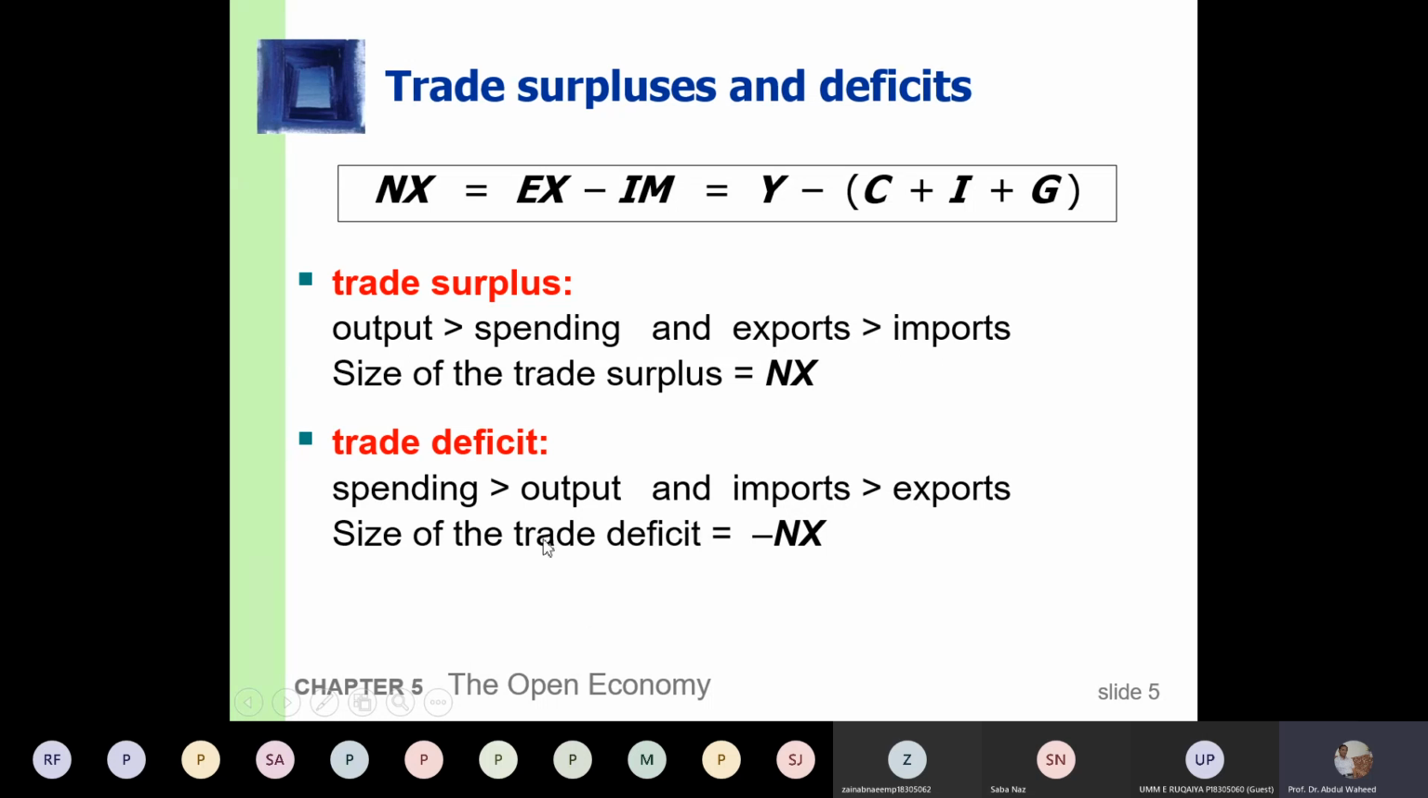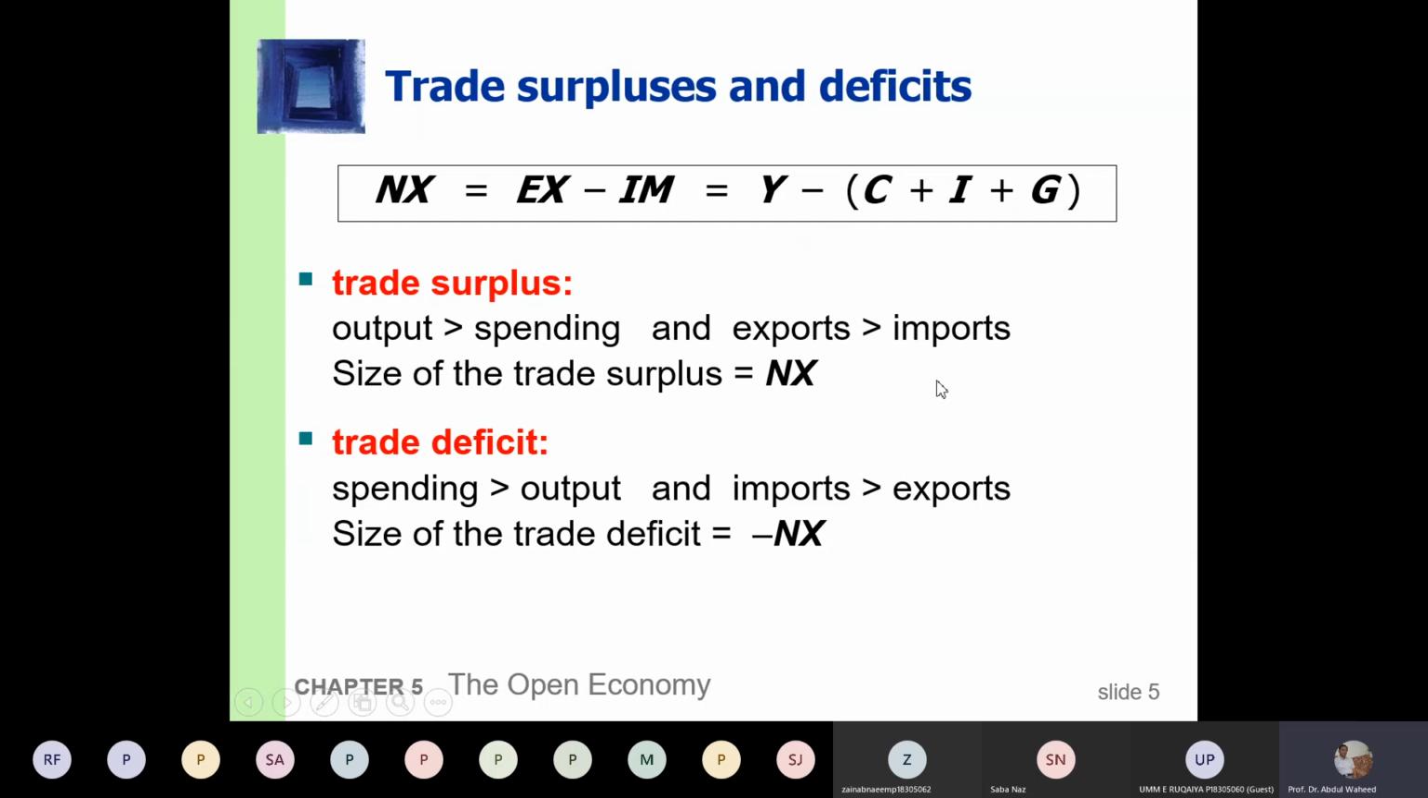Okay, so then this means we have a trade deficit. When our exports are more than imports, we have a trade surplus. If our imports are more than exports, then we have a trade deficit, and in that case our spending is more than output. So in an open economy, it is possible that your spending could be more than your output produced, because you can get the output from foreigners, no? You can get goods and services from foreigners. That's why your spending could be more than your